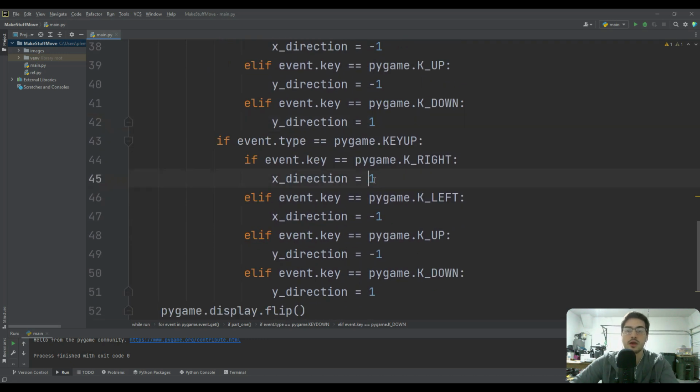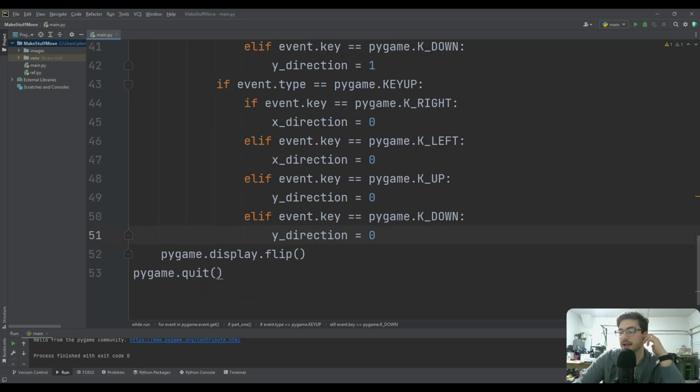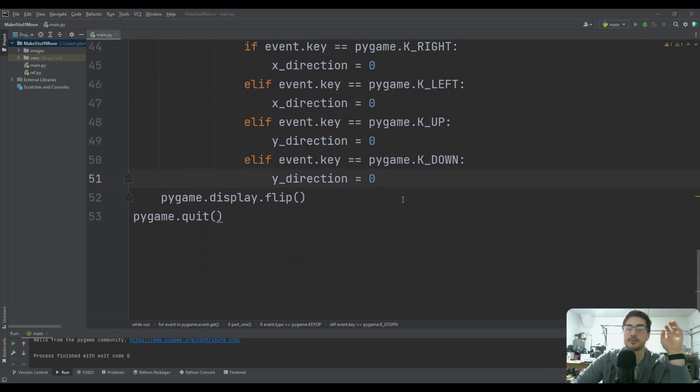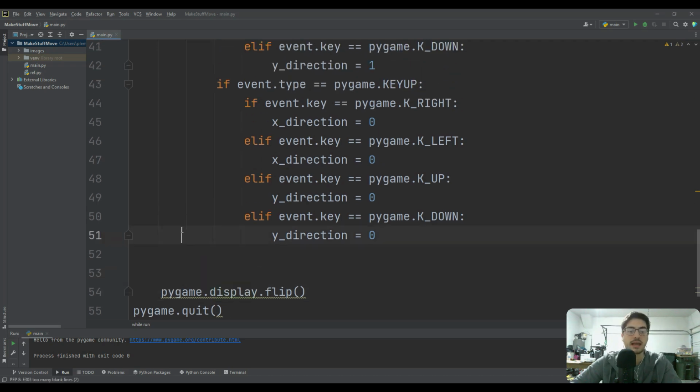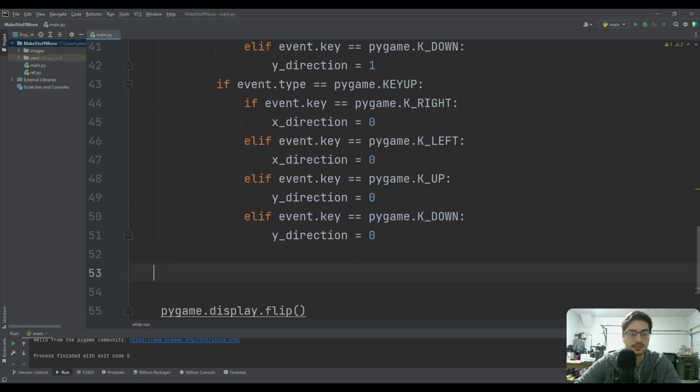Okay? So what we're going to say is if we have a key up, meaning I released an arrow key, reset the direction back to 0. That means that when I click a key down, I want to move. And then when I release that key up, I want to stop moving. Okay, pretty straightforward. And now what we're going to say is at the same level of indentation as pygame.display.flip, we are going to say